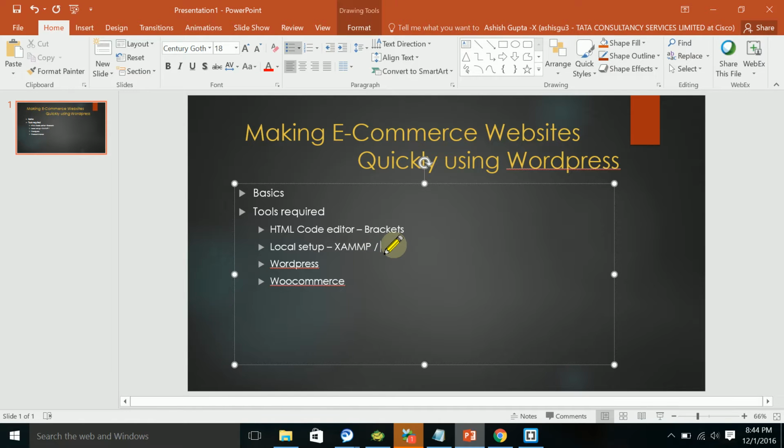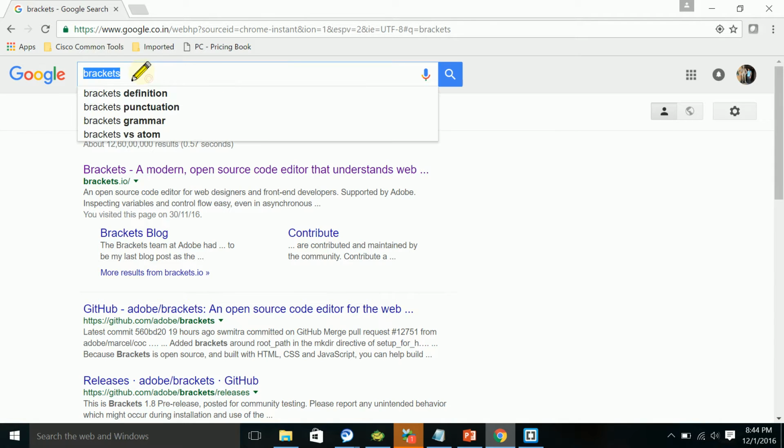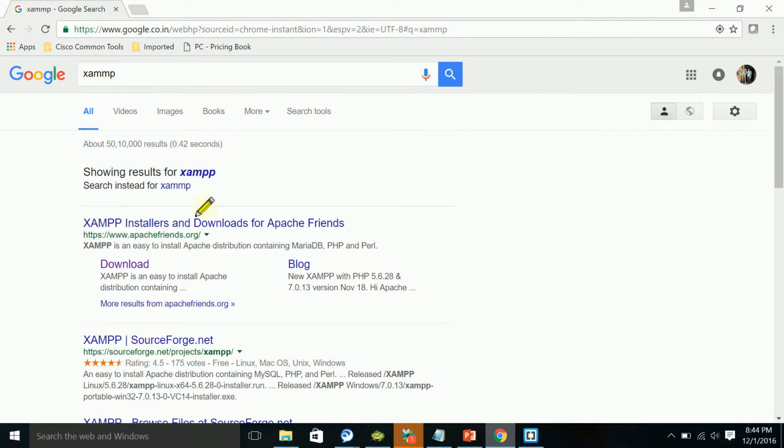You can also use something called Vesta CP, which has just come up. I'll show you what XAMPP is. If you search again in Google for XAMPP, it's provided by Apache Friends, where you will be able to find the downloader. It includes the Apache HTTP server, it includes MySQL, it includes Perl, and it includes PHP. So all this is clubbed into one